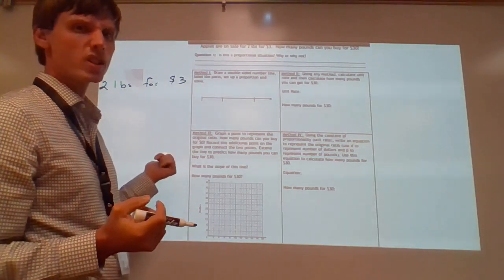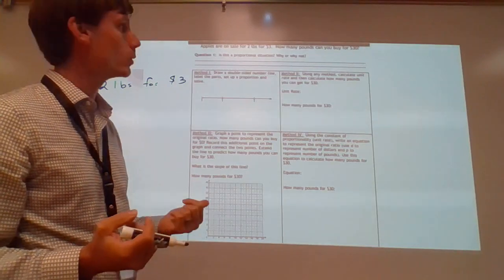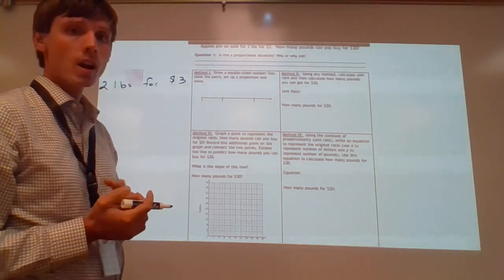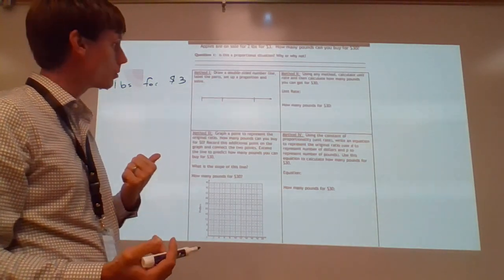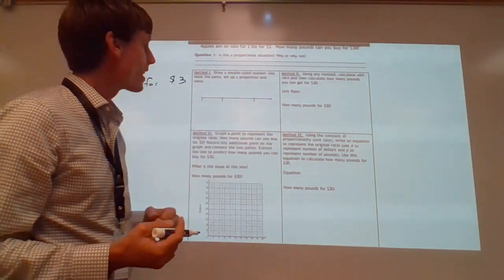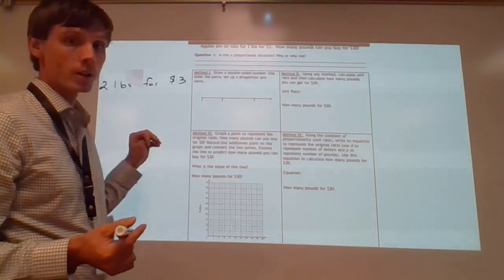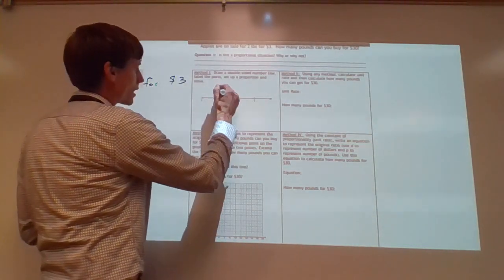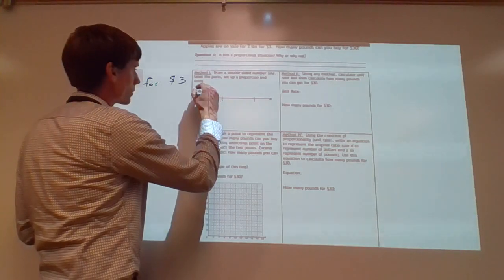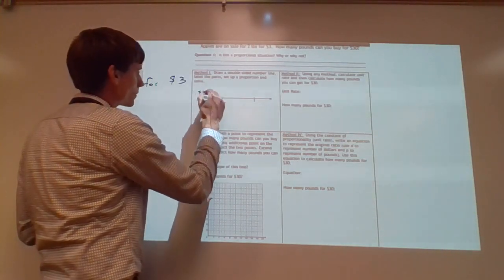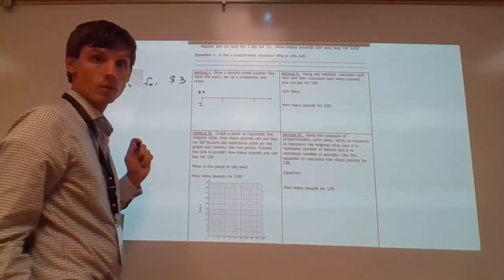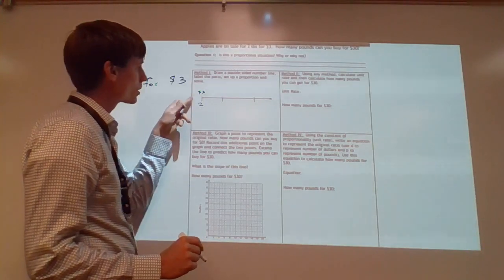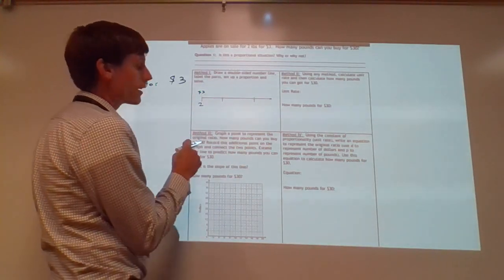So if we need to solve that question, there's many different ways to answer it. So we'll go through a few different methods. So one way is through a double-sided number line. All you really need to do is draw your line, and we'll make one part pounds and one part price. Okay. So let's say we said it was $3 for 2 pounds. Okay. So I already said one example, that if you buy 4 pounds of it,